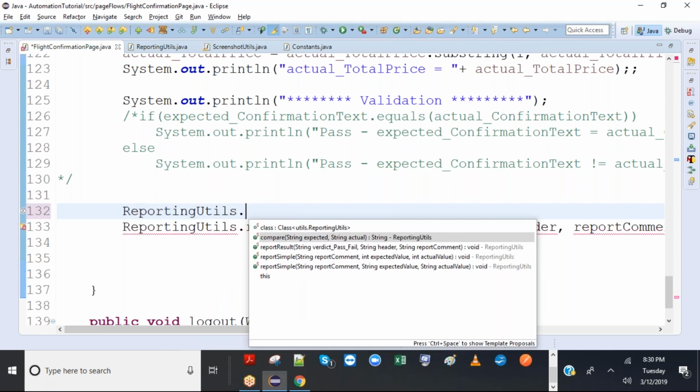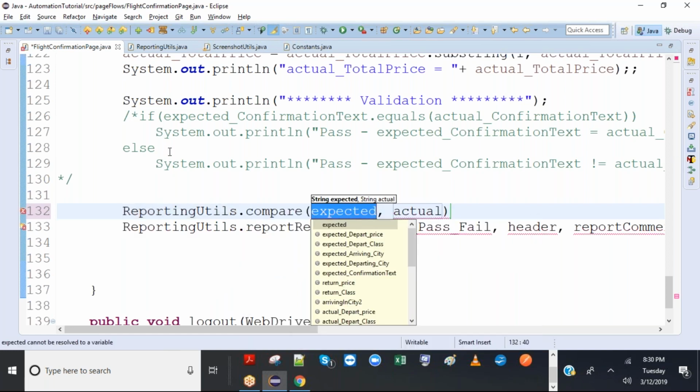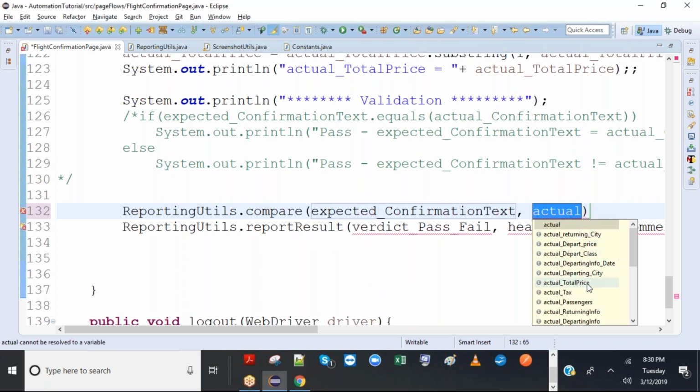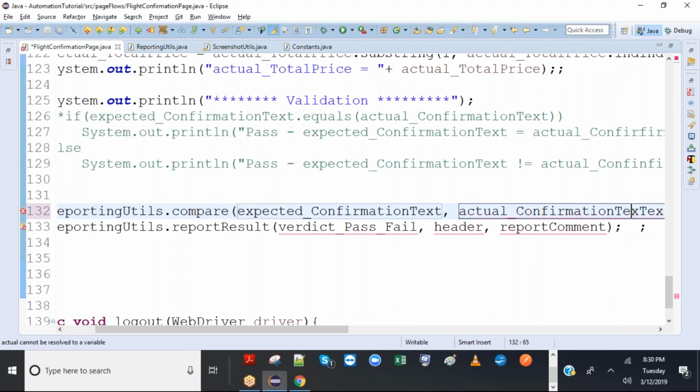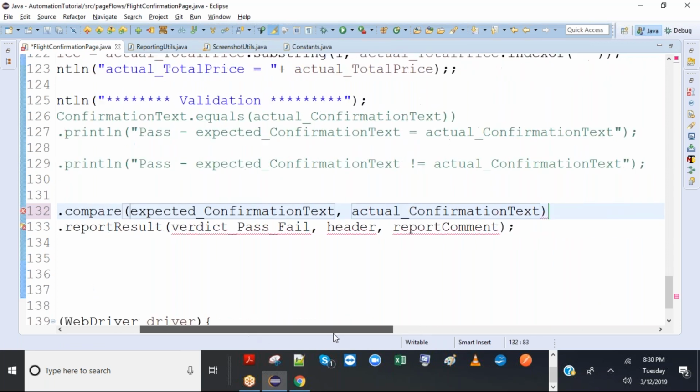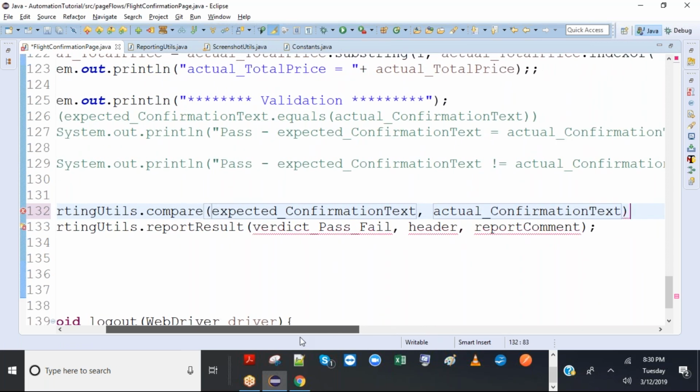Okay, this is the one. Compare, and whatever the actual and expected, I'll pass here. Expected automatically is showing confirmation text, and actual, there is a confirmation text. That's why I put the expected and actual names in the argument names, so that we don't have to type anything. That's easiest.